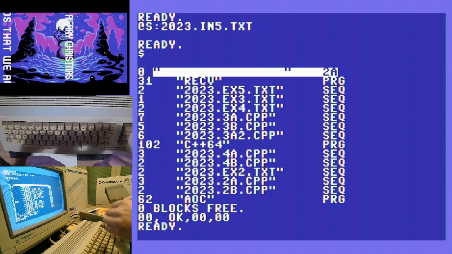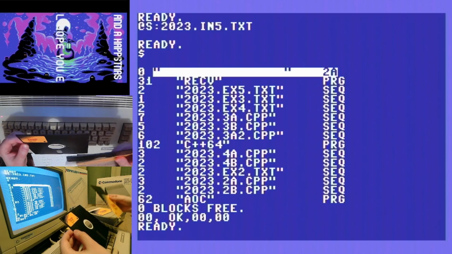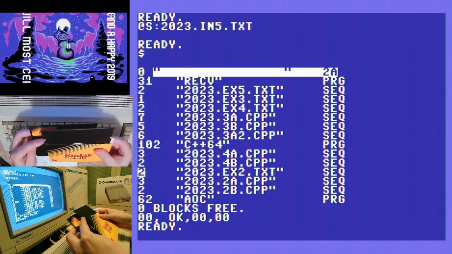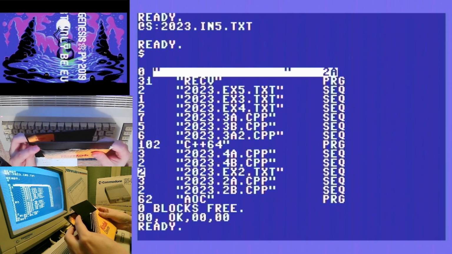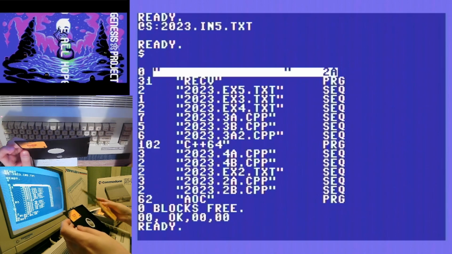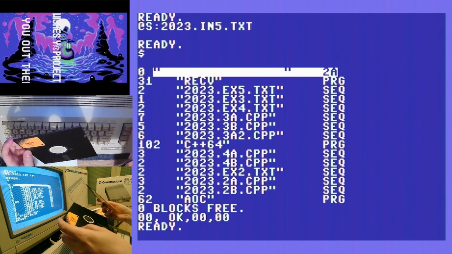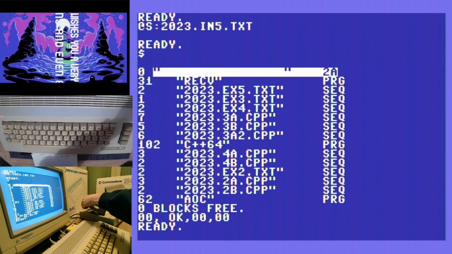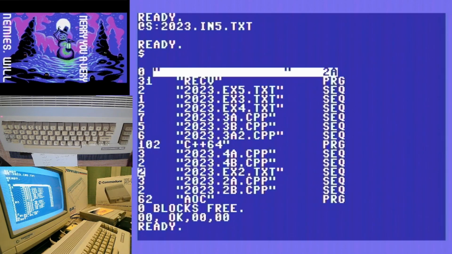Oh, but this one isn't. That's weird. Oh, I have probably notched this myself with just a pair of scissors when testing or something like that. Yeah, so okay, so what I'm gonna do